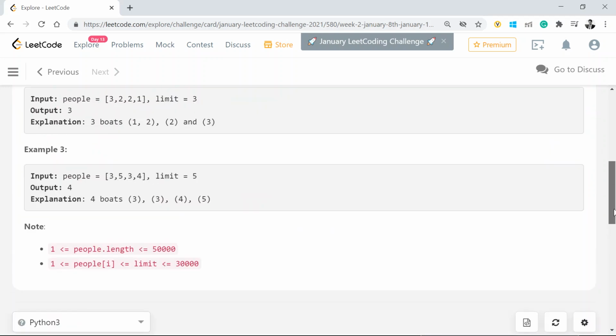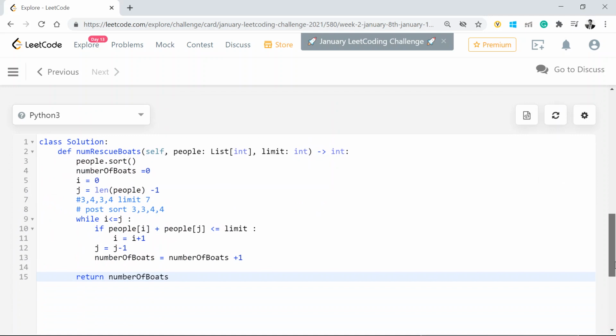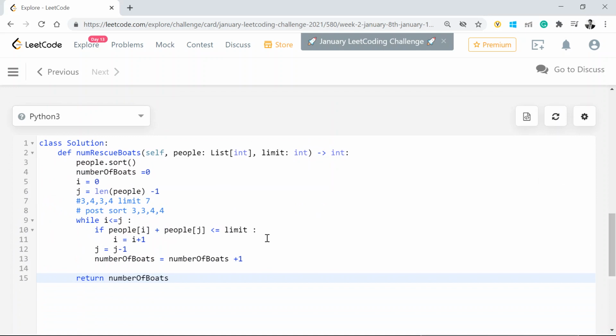It got accepted. So this, guys, was asked in Google, and if you see, it's a very fair question. If you know how to solve the puzzle, then it's very straightforward. All we need to do is keep track of the heavy person, and see if we deduce the difference between the limit and the weight of the heavy person, and in that delta of the weight, I can have the lightest person also accommodated, then that's a bonus for me. I can send across 2 people at a time. Otherwise, I'll always consider the heavy person and move them across the river, right?